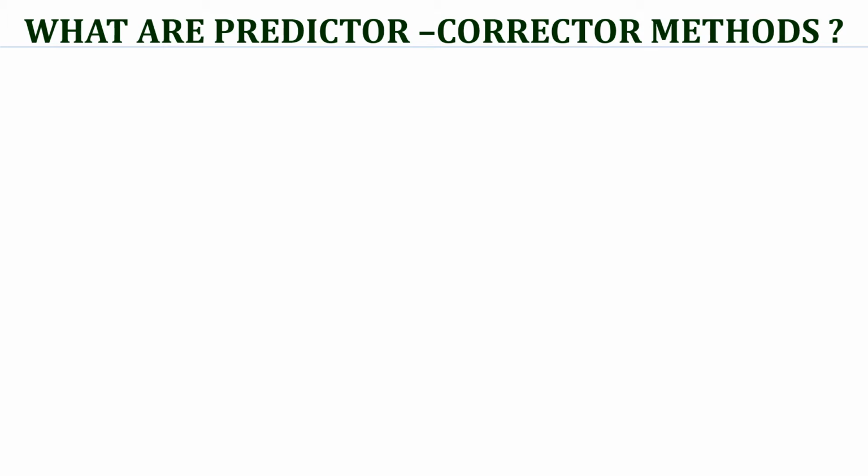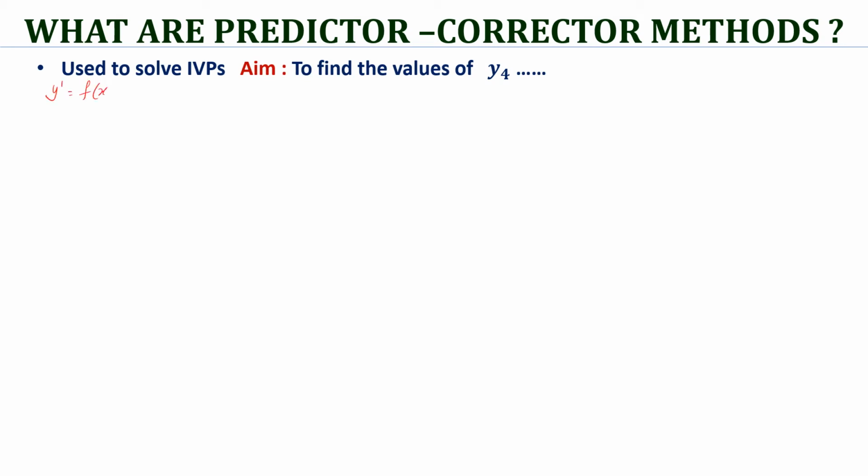First of all, let us begin with the IVP that we are already aware of. The IVP which we have taken is a first order IVP, if you recall, with one initial condition, y of x naught is equal to y naught. When we used this IVP for single step methods, you remember that our unknowns were to find the values of y1, y2, y3, y4, etc. from the previously found value, meaning we found y1 using y0, y2 using y1, y3 using y2, and so on. But the aim of this method is to directly find the value of y4, not y1, y2, y3.